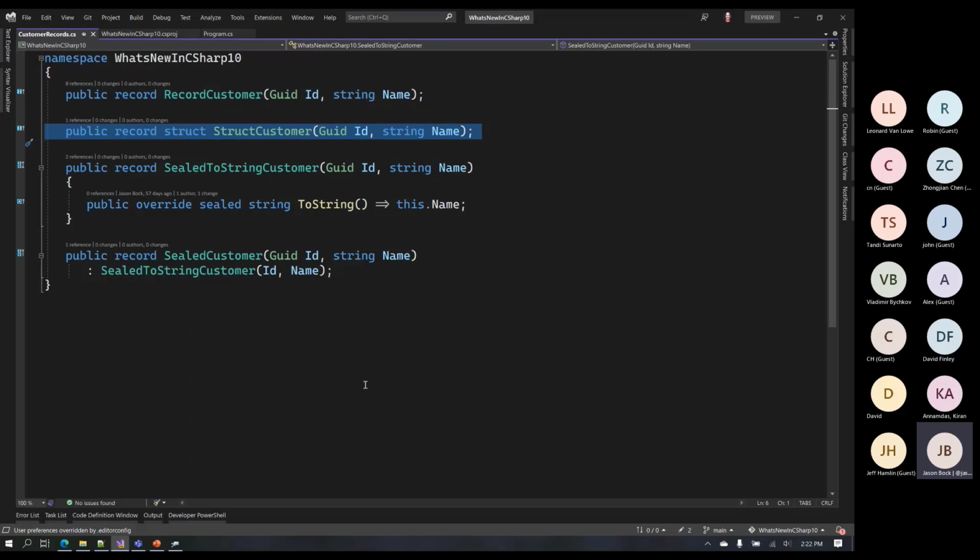If you really want a record to be a struct underneath the scenes, then yes, you can define it as a struct. Since this was the way in C# 9 to do it, if you don't provide a specific type kind for the record, it will just be a class automatically. If you want to be very explicit, you could do this as well, and that would also be a class. That's kind of up to you, but you can now define records as structs.